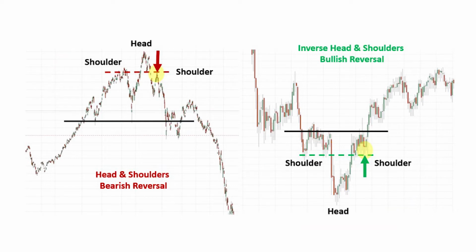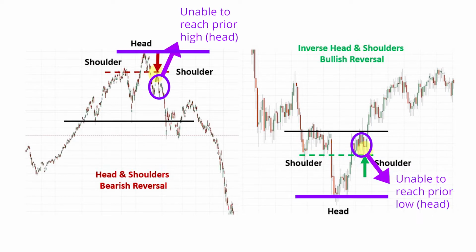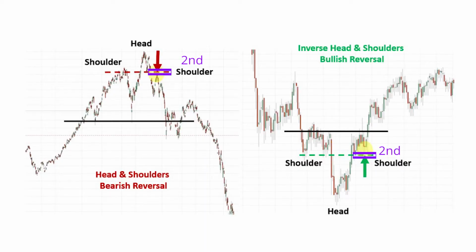The first sign of the change of the trend comes from the second shoulder, which is the right shoulder, because it is not able to reach the same level or exceed the head, which shows that the existing trend is weakening. Most of the time, the second shoulder will form at roughly the same level as the first shoulder, which is the left shoulder. This means that we can preempt the potential turning point of prices and use that for our early entry.